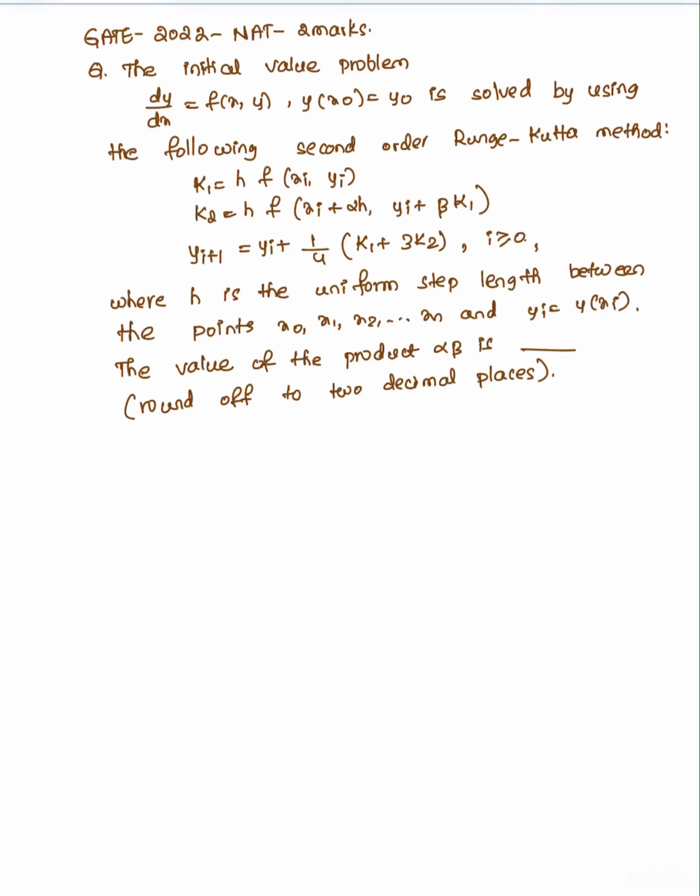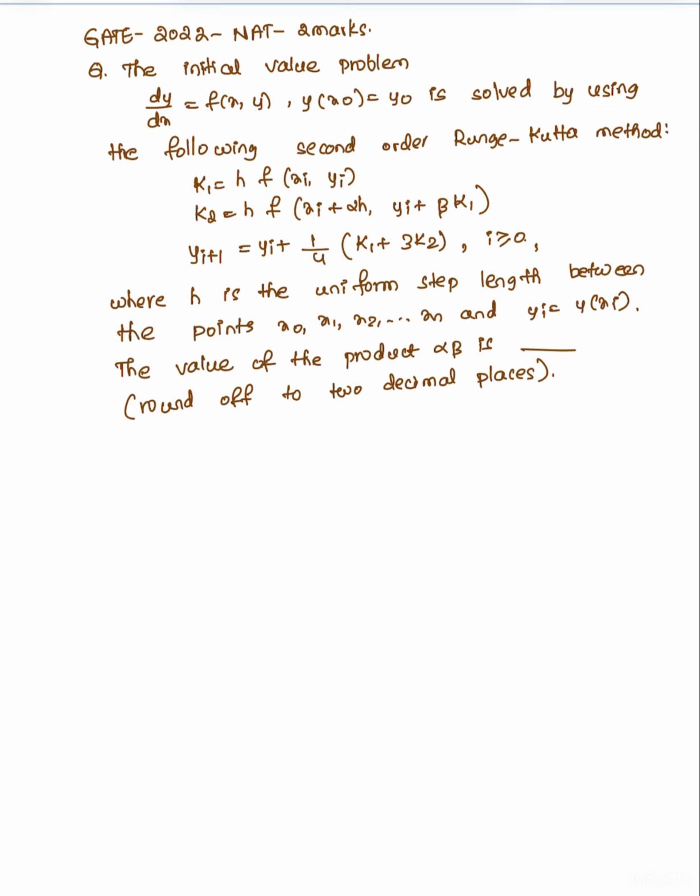Let us see a question of GATE 2022 which is of numerical answer type and which carries 2 marks. The question is, the initial value problem dy by dx is equal to f of x, y with y of x0 is equal to y0 is solved by using the following second order Runge-Kutta method, which is given by k1 is